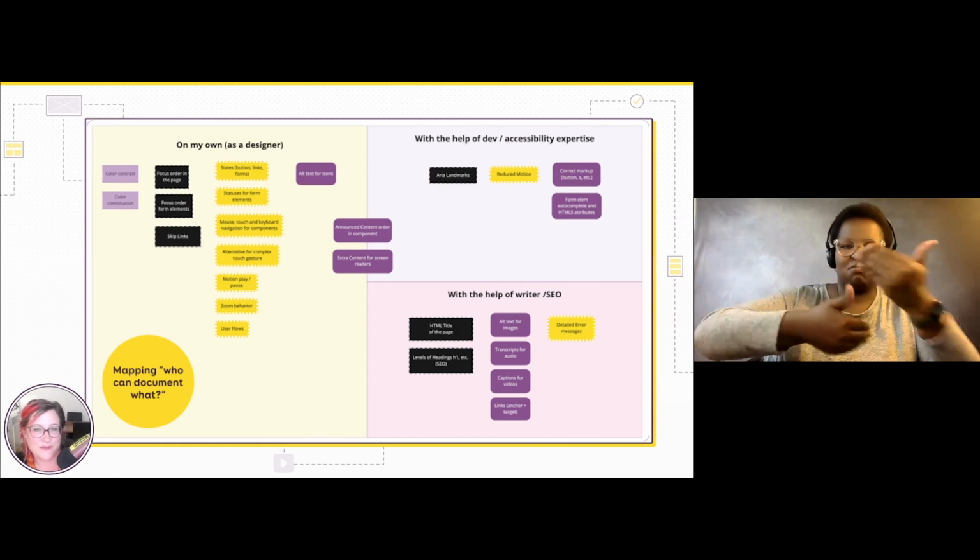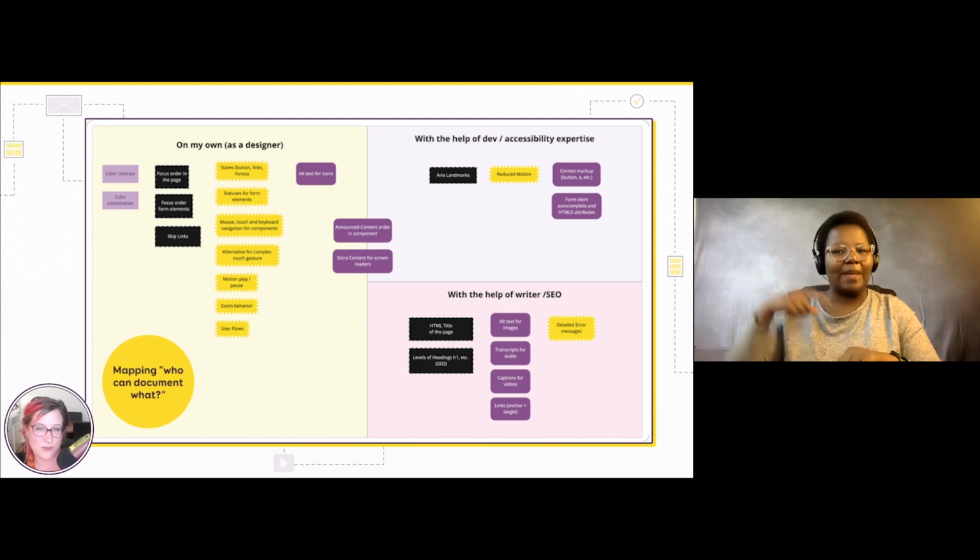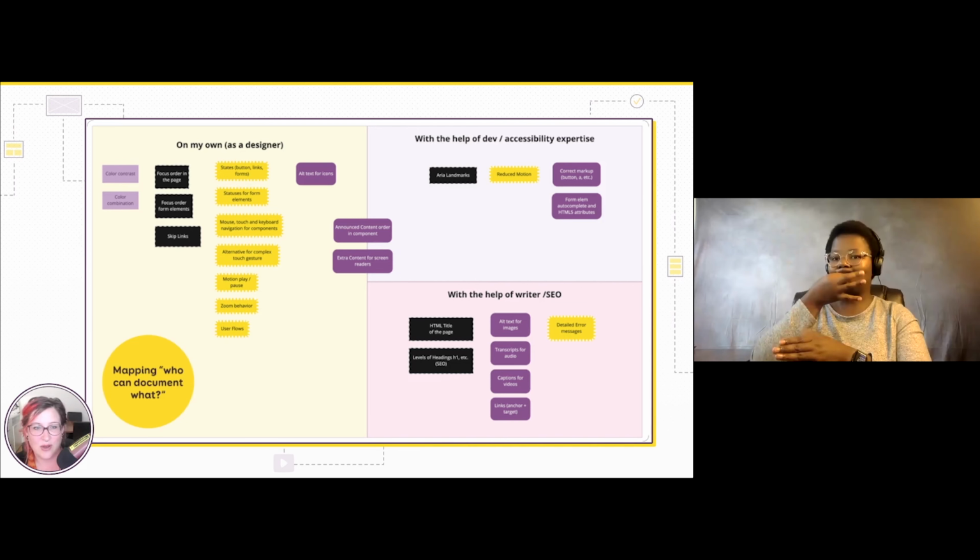While preparing this talk, I tried to organize what I feel comfortable documenting on my own, what I need the help of the developers or accessibility experts to document, and what we would like to work on with content writers and SEO. And I built this three quadrant matrix where I put everything I just talked to you about in this conference in a different area.